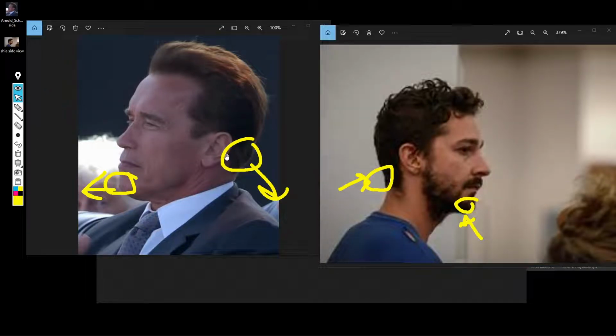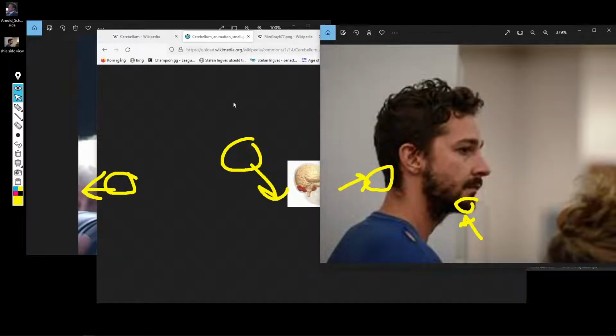We see that this is the little brain down here, and that Arnold Schwarzenegger has a much larger little brain than Shia does, and thus his motor control is enhanced. But he also needs the larger cerebellum due to his larger body overall. If Shia LaBeouf would increase his body mass, his little brain, the cerebellum, at the bottom behind his ear, would need to expand as well. But it takes time. It's not just one month or two. It takes quite some time.